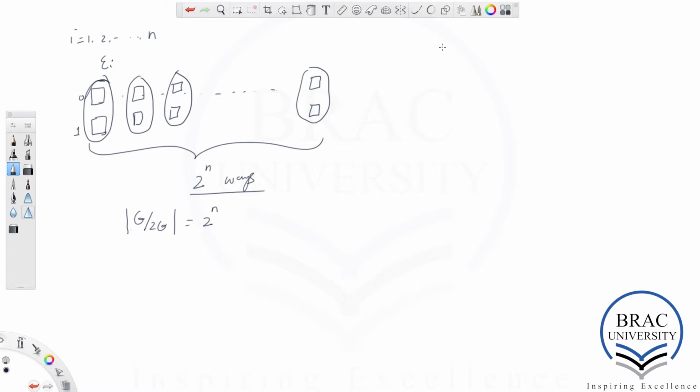Now, we computed all these things starting with the basis g1, g2, all the way up to gn, and we assumed that this basis consists of n elements.